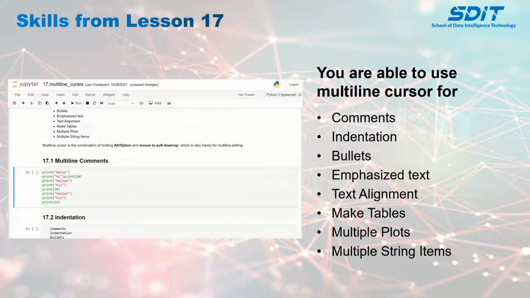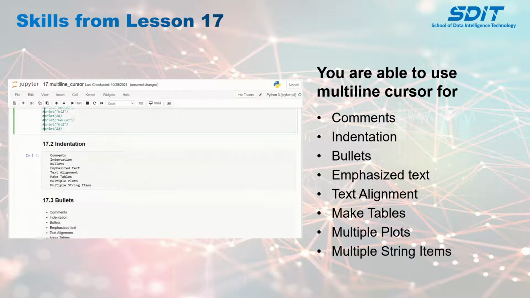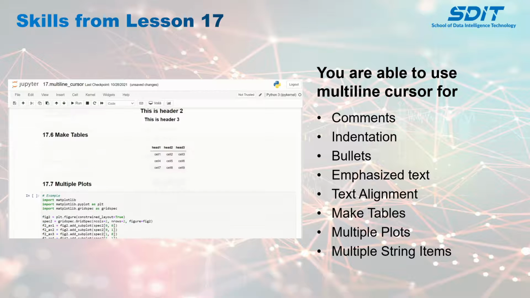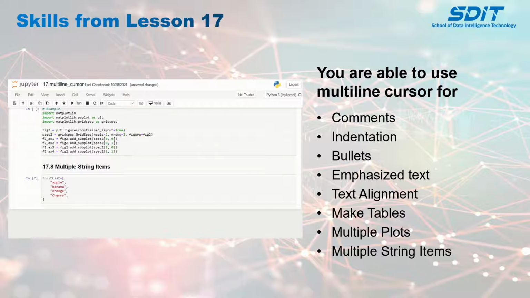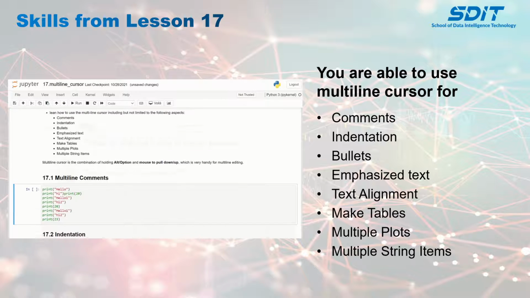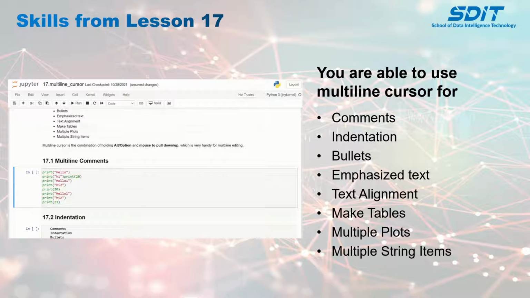From Lesson 17, you will gain the skills to use the multi-line cursor for comments, indentation, bullets, emphasized text, text alignment, making tables,